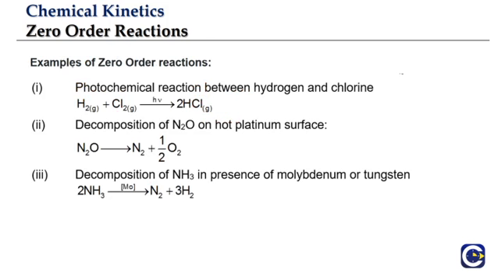While we said that the rate of the reaction does not depend upon the concentrations of the reactants, it goes a little bit against our common notion that if we have more reactant particles, then obviously there is more chance for them to react, and the rate must be higher if the concentration is high. If the concentration is less, then the rate should be less. So the general understanding is that rate should somehow depend upon the concentration of the reactants. But we are saying that for the zero order reaction, rate will be independent of the concentration of reactant.